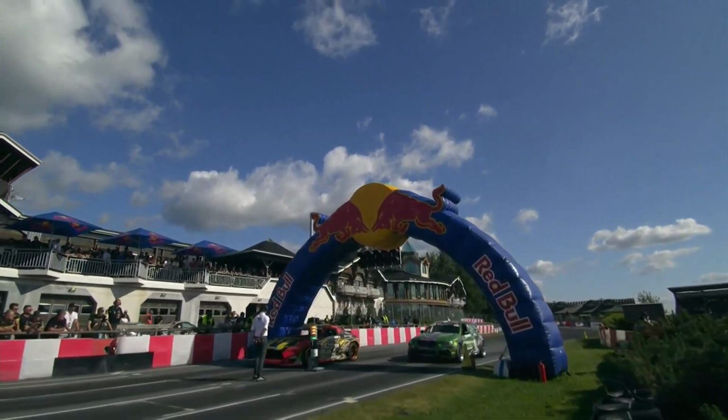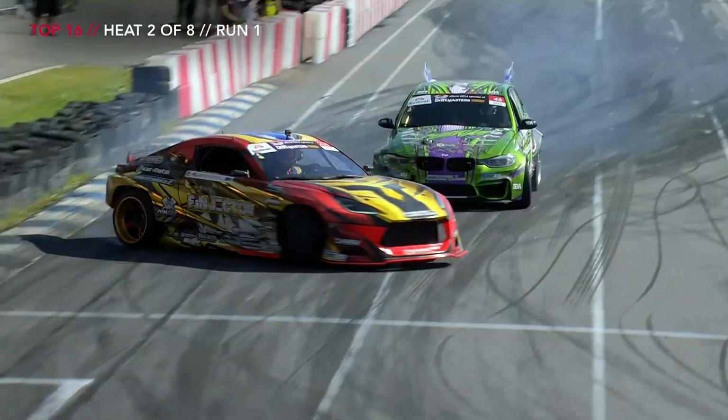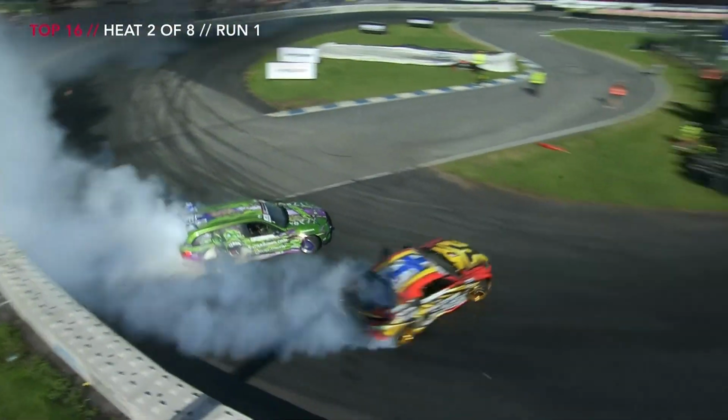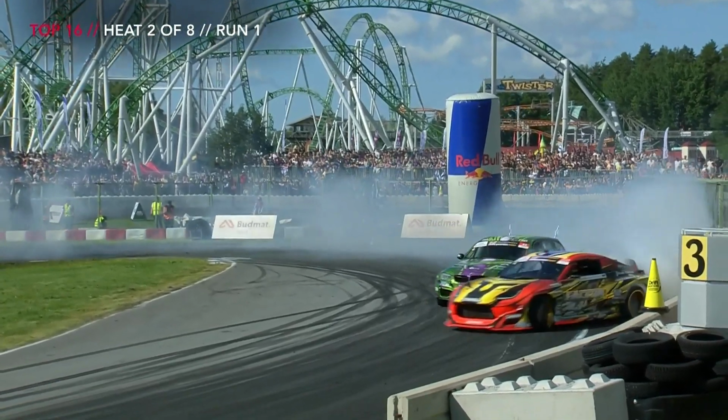He knows how fast Juha Rintanen is. He certainly does. Look, he's got a bigger car, he's got a lot more weight to throw around, and here we go, Rintanen fires that car in, and that's not really done Keski Gorby any favours. Now he's trying to play catch-up, and he does play catch-up. He backs that car to the wall. Juha Rintanen puts it on angle, fires through that inside zone, looks for outside zone 4, and he's there, but